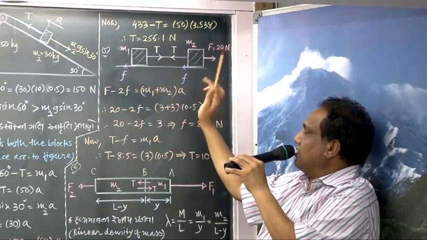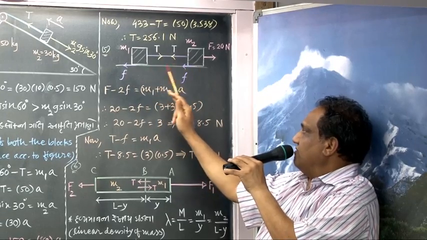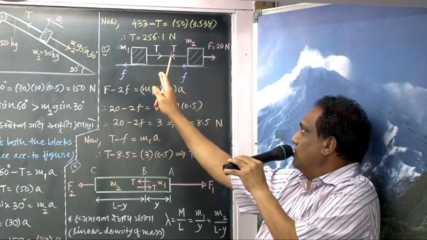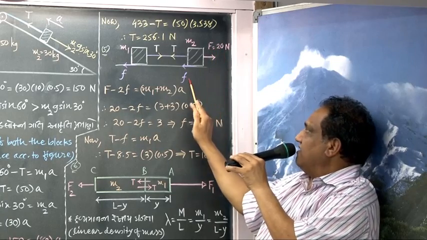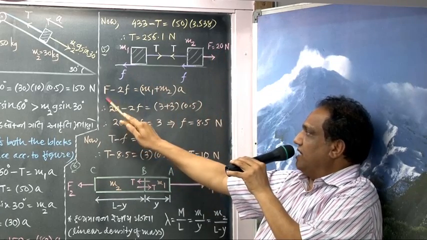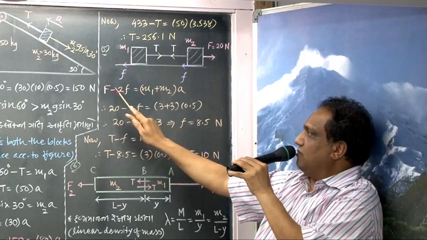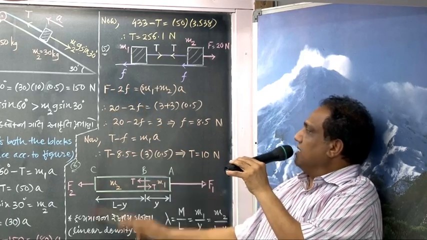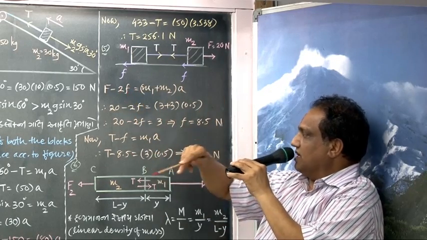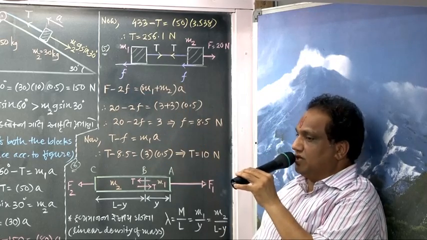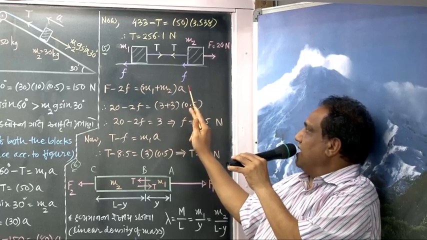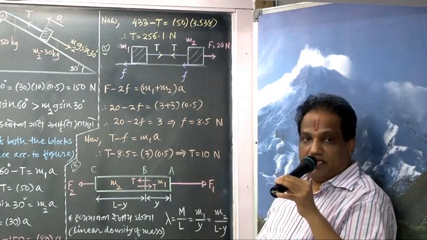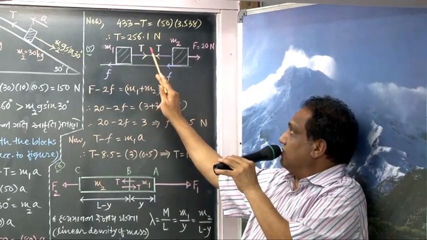Frictional force on each block is same. So now this is also f, this is also f, opposite to the direction of motion. So capital F minus small f minus small f, so minus 2 times small f. Bigger minus smaller will give the resultant force that equals mass into acceleration. Mass of these two blocks totally is m1 plus m2, acceleration is a. Right? Why are we not considering these forces?